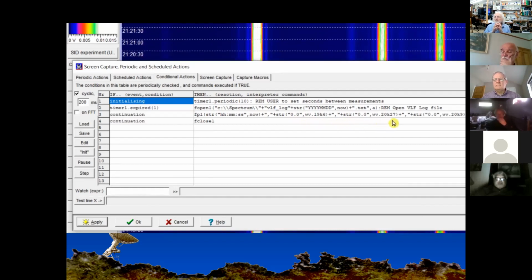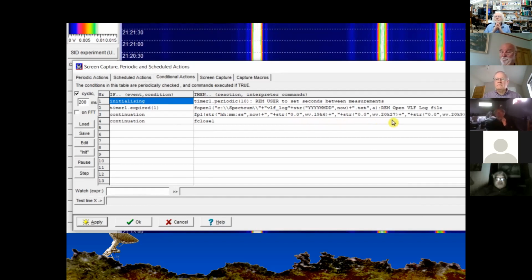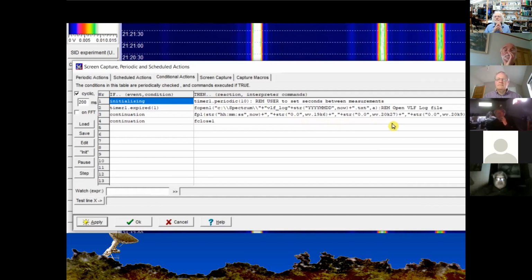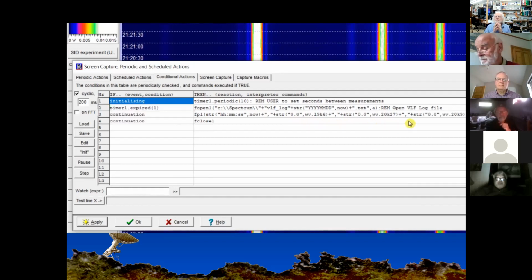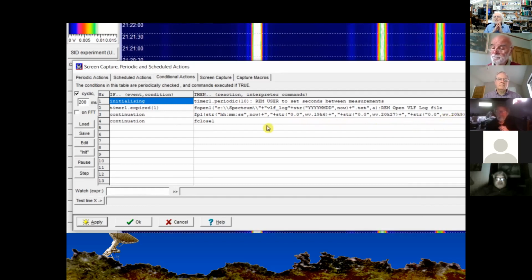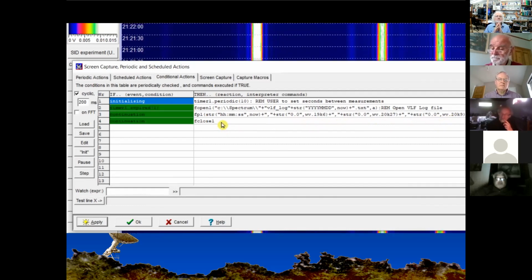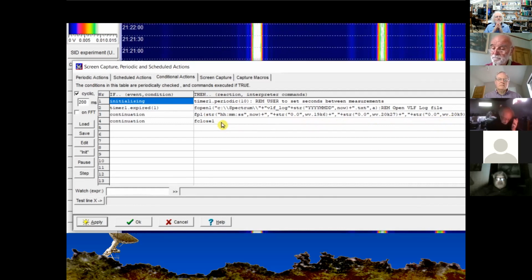Then save a comma, and then save the reading against the next transmitter, 20K3, 20.27 kilohertz. Again, followed by a comma, and so on. Once all the readings have been saved, the final instruction is to close that text file, ready for it to be opened